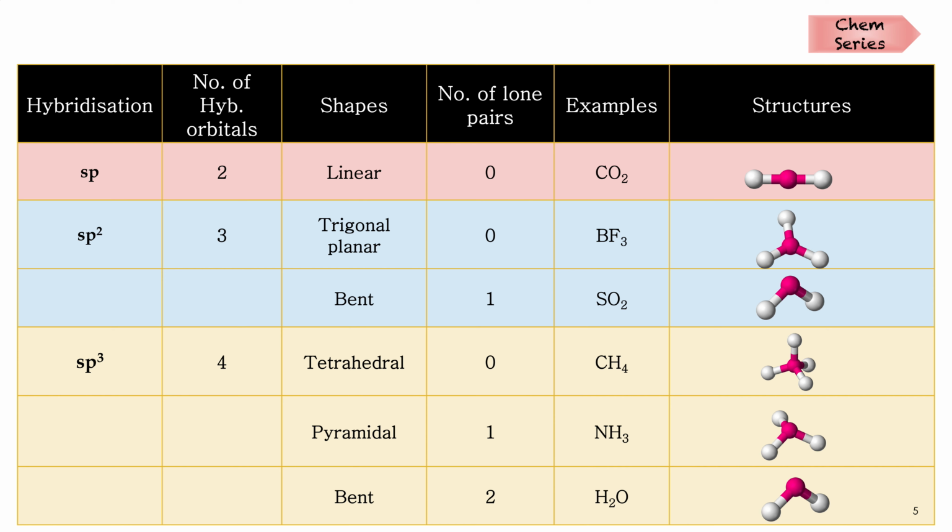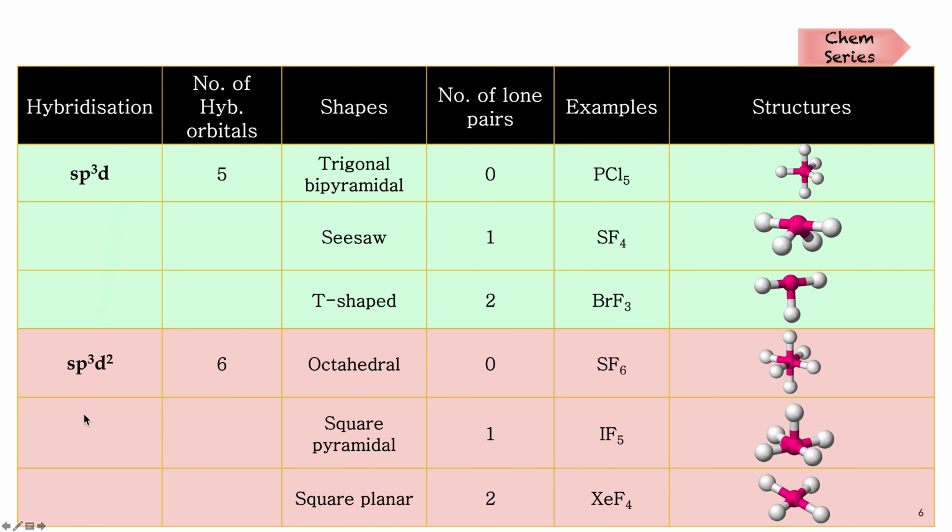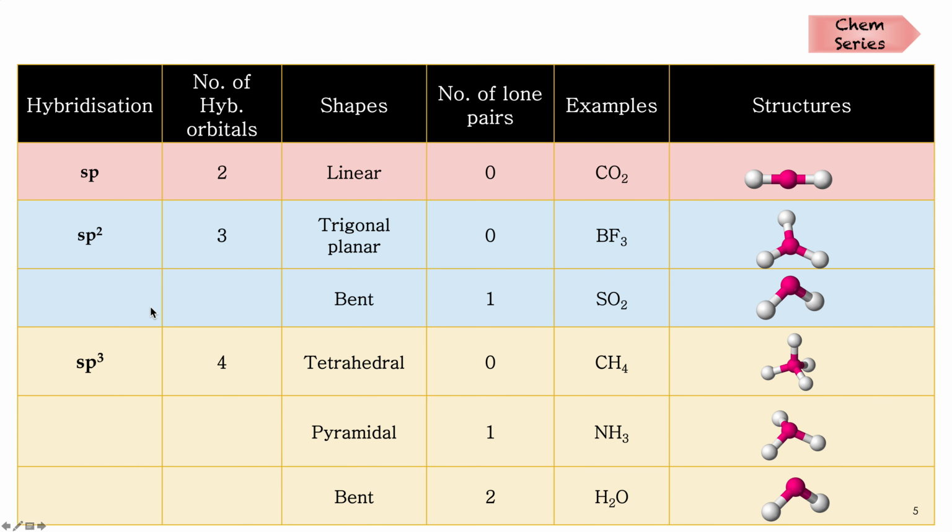This is the chart you have to remember while solving structures. Here in the first row, it says about hybridization: sp, sp2, sp3, sp3d, and sp3d2. And in the second row, we have the number of hybrid orbitals, that is, the combination of two or more atomic orbitals will give you the hybrid orbitals. For example, the s atomic orbital is combined with the p atomic orbital to give sp hybrid orbitals. So the number of hybrid orbitals will be 2.